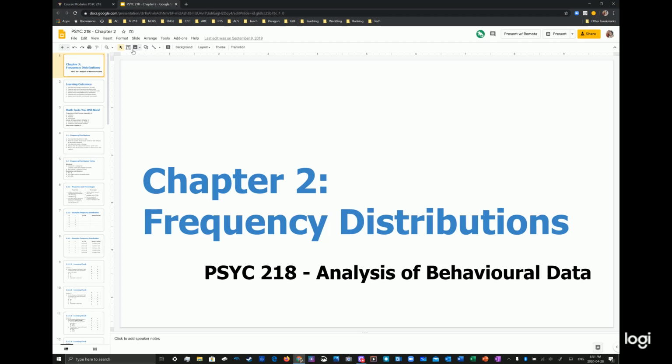We need to organize and summarize those results. And the way we do this in statistical procedures is frequency distributions, to organize the data so that researchers and people like you and me can look at that data and go, oh yeah, I see what he meant,